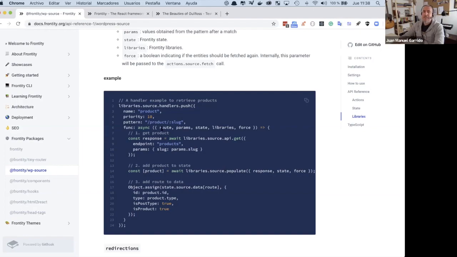Yes. Yeah, you can combine all of that. I mean, you can create your own handler. What this combination of methods